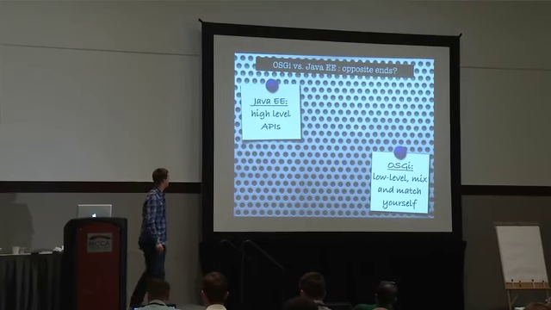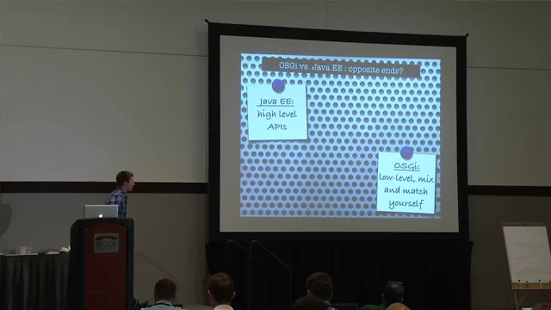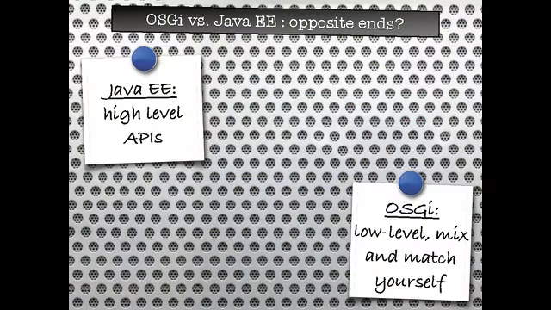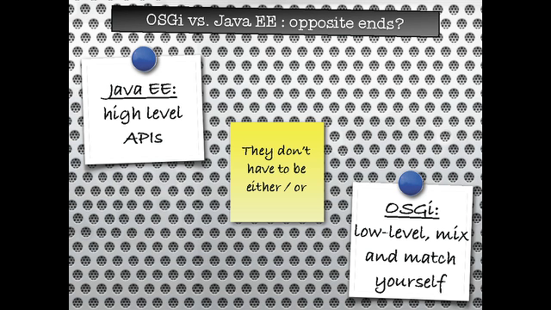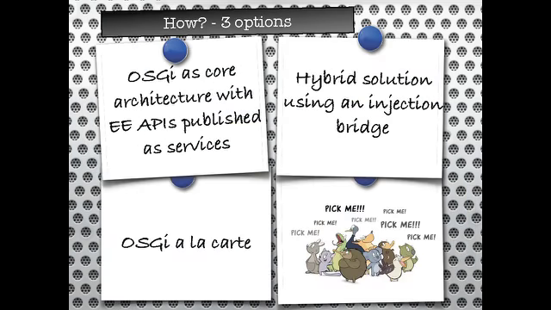And luckily, times are changing. At one side, we're going to start using OSGi for our low-level modularity. That's where OSGi is good at. At the same time, we're going to use Java EE to use the high-level APIs from Java EE. And we're just going to let them live together. At this moment, there are three different options to do so. The first option is the most interesting one, and I think that's where it's going. I hope this is going to be the way we will do enterprise development in a few years.